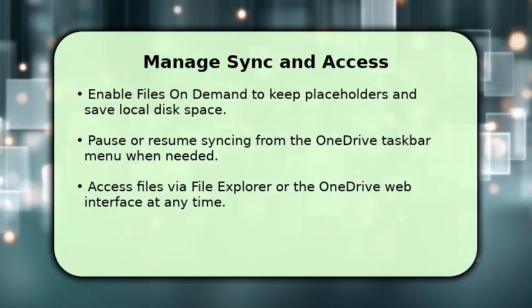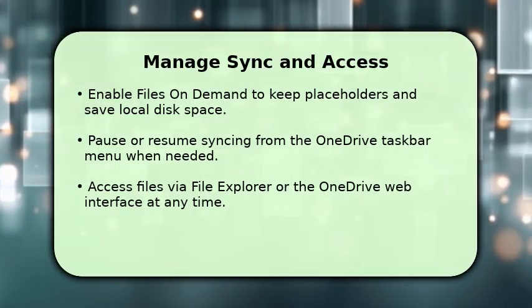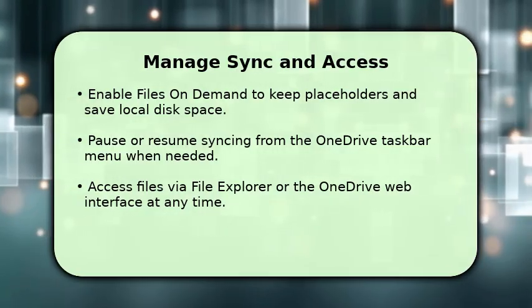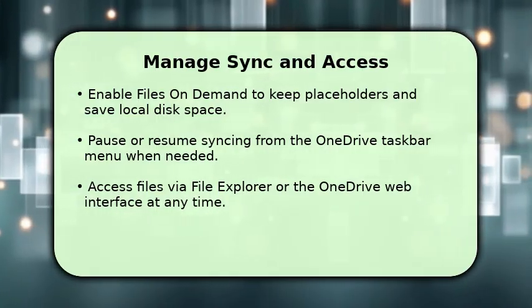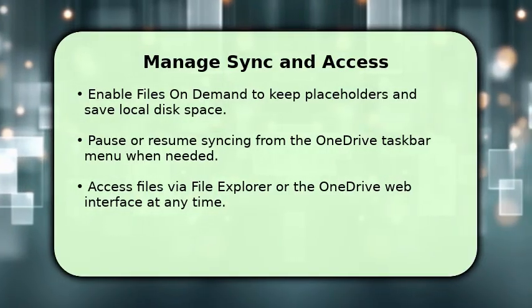Use Selective Sync to remove large folders from local storage while keeping them in the cloud. Pause syncing temporarily from the OneDrive taskbar menu when you need full network or CPU resources. Access any synced file through File Explorer or sign in to the OneDrive web interface to view or download files